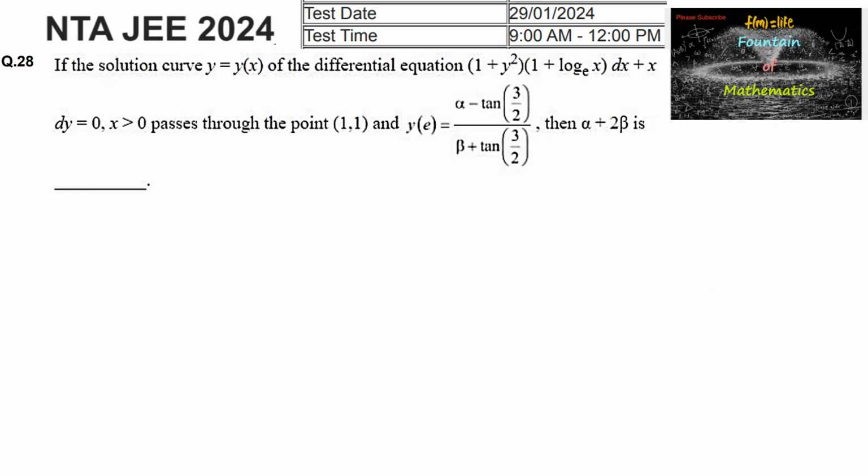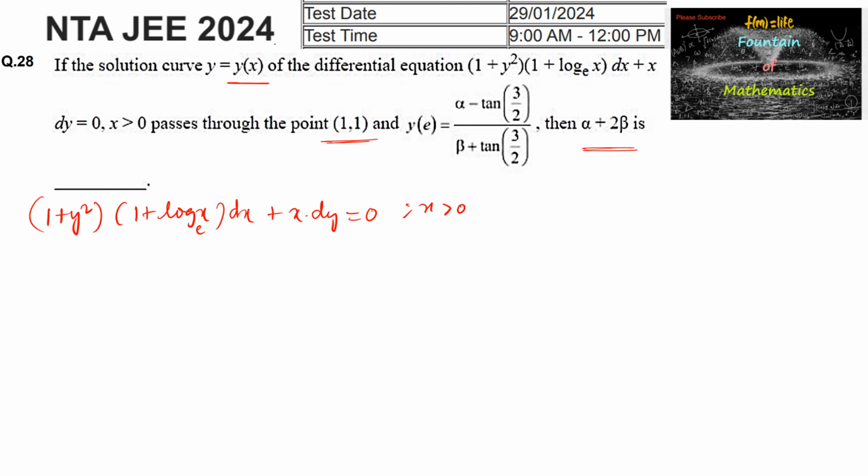If the solution curve y = y(x) of the differential equation (1 + y²)(1 + log_e x) dx + x dy = 0, where x > 0, passes through the point (1, 1), then y(e) is (α − tan(3/2))/(β + tan(3/2)). Then the value of α + 2β is. So here we can simplify,